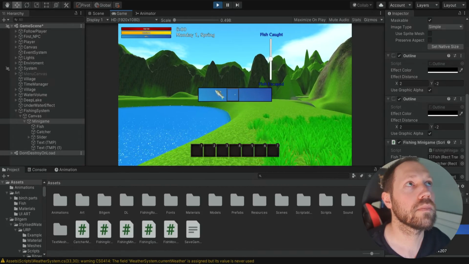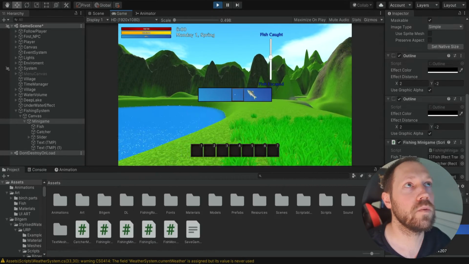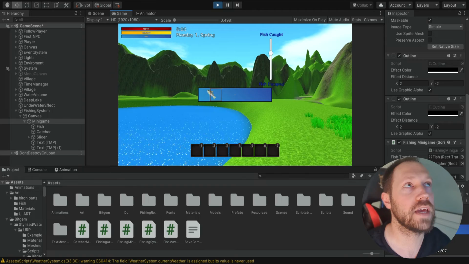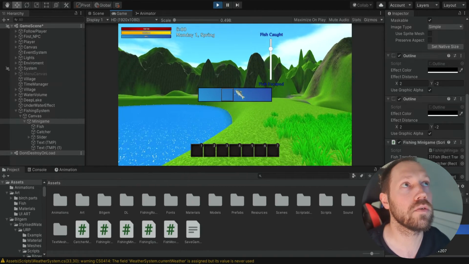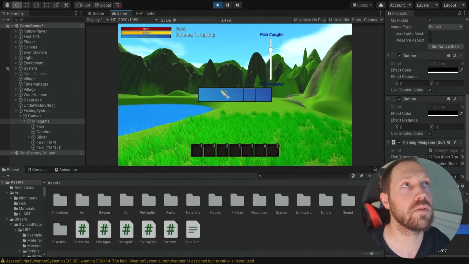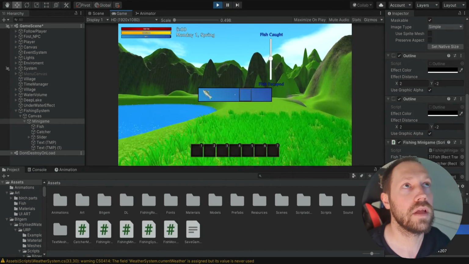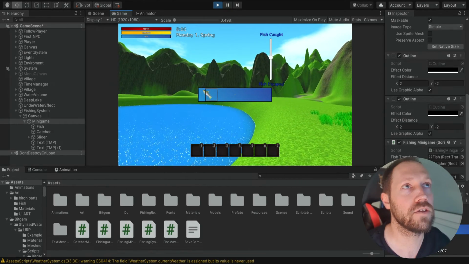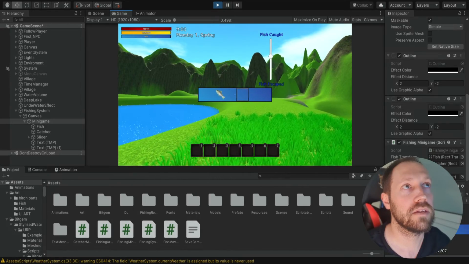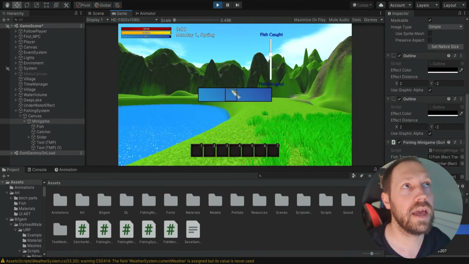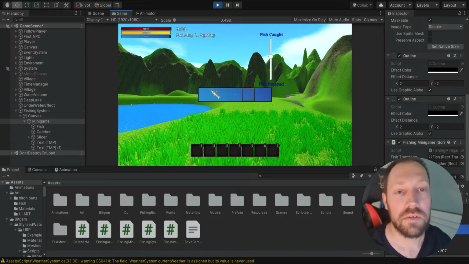And now we can see that it already works. When the fish is inside of the catching area, the slider goes up, but when the fish is outside, then the slider goes down. Now at this point, it's going to be very easy to catch the fish because he is not that fast, but again, you can make it very simple or you can make it a bit more